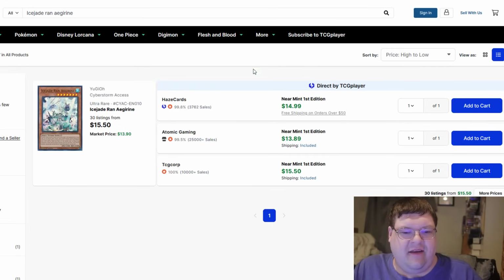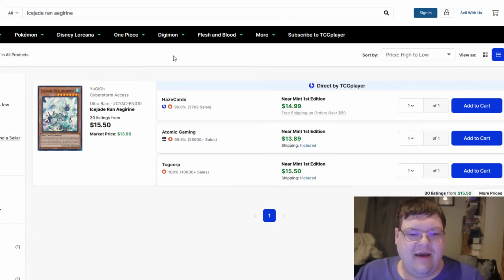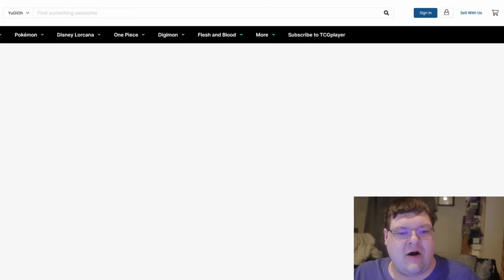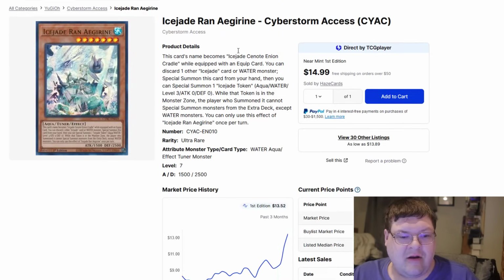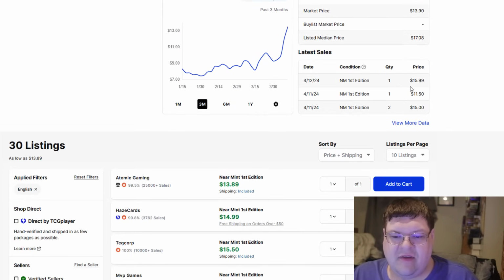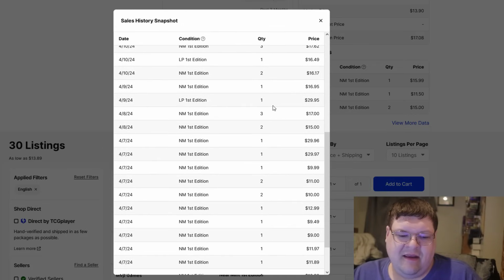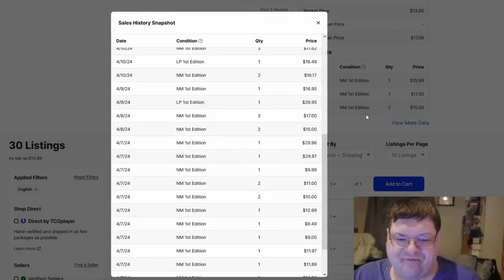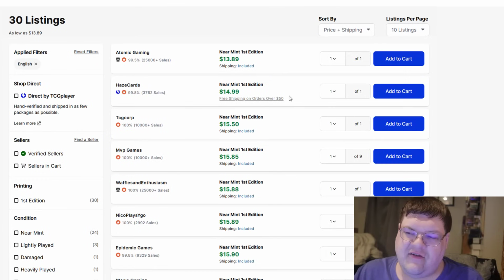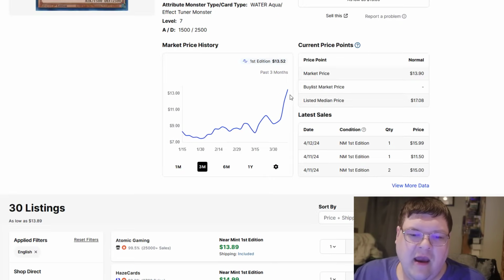So, to nobody's surprise out here, what is that? Ice Barrier hype? Yes, it is. Ice Jade ran a grind out here, or a green, however you want to pronounce it. I don't care. I'm just here to tell you, wow, nice $16, nice $12, nice $15. It sells a couple copies every day. But the fact that this former $2 to $3 card has hit those $15 all-time highs out here and still